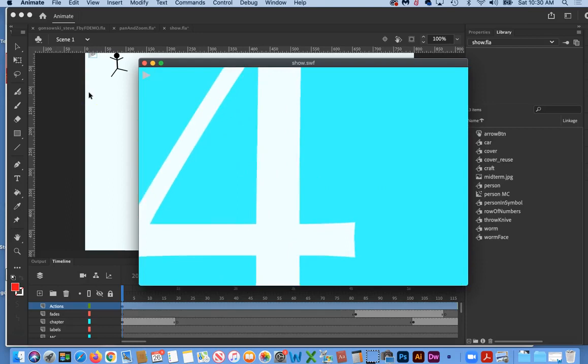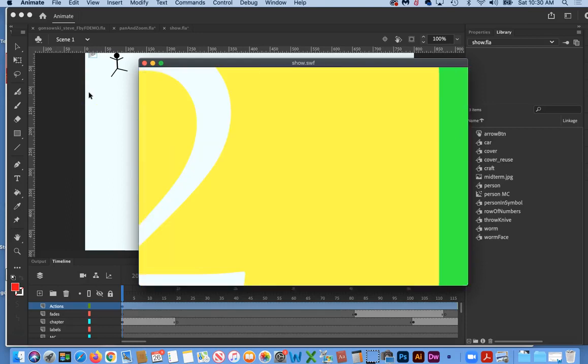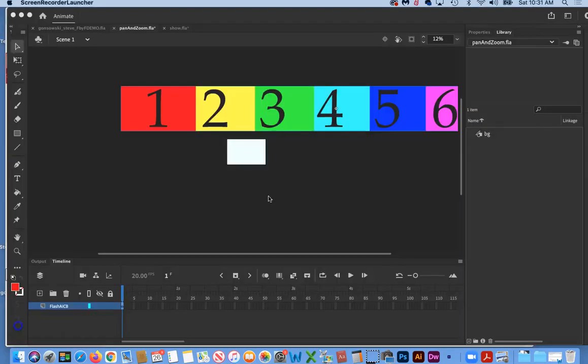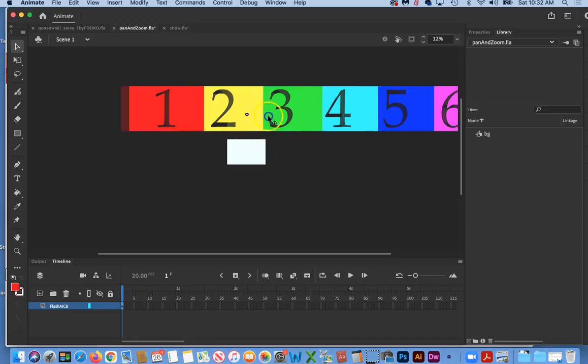And pretend you're the cameraman that is trying to pan this city street. And then you want to zoom in and you want to zoom out occasionally. So the way to think about this in the software is this is your view through your camera. It's your stage in reality, but if you want it to look like items